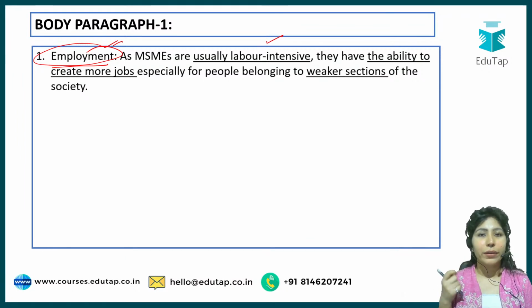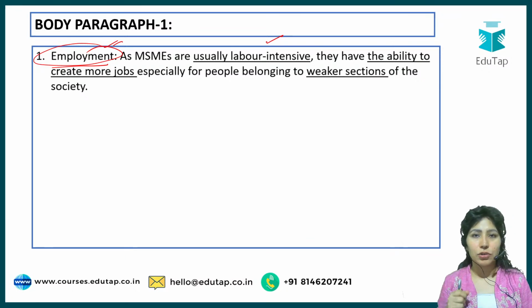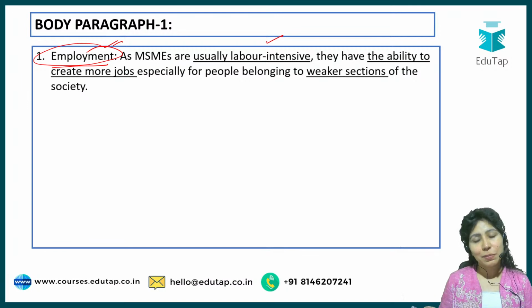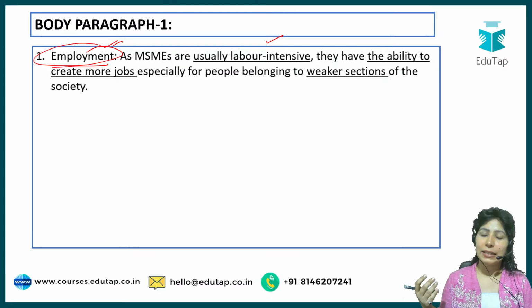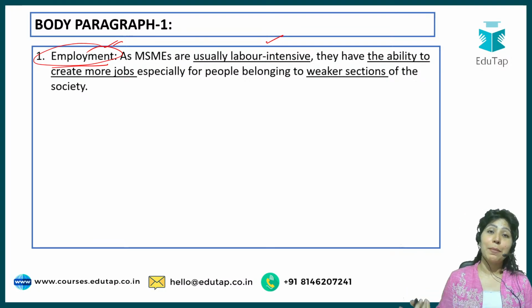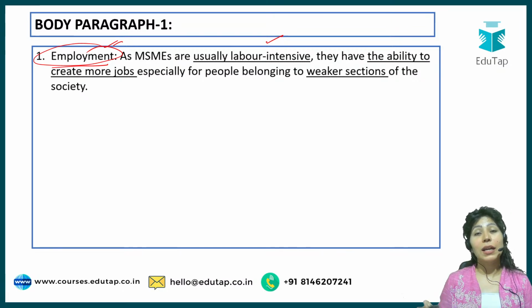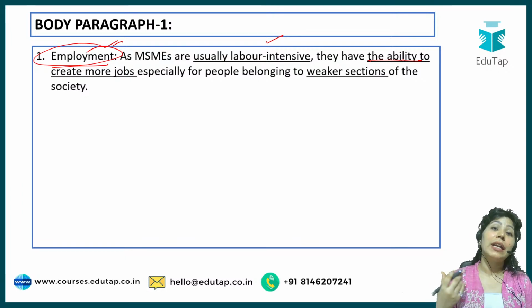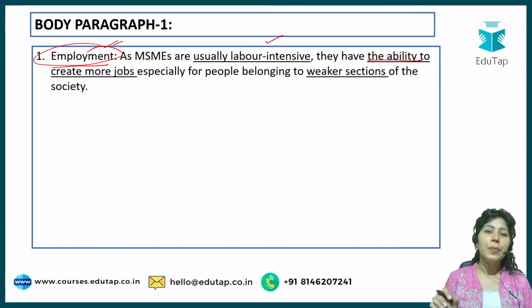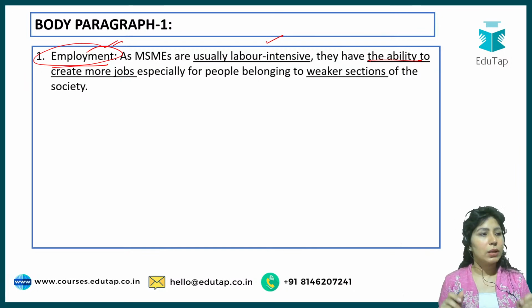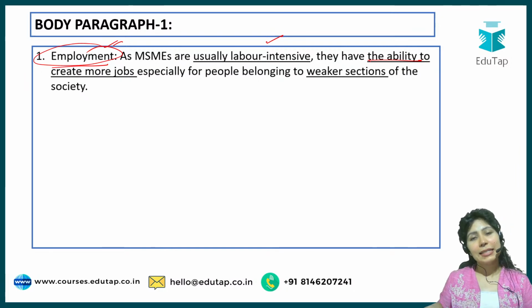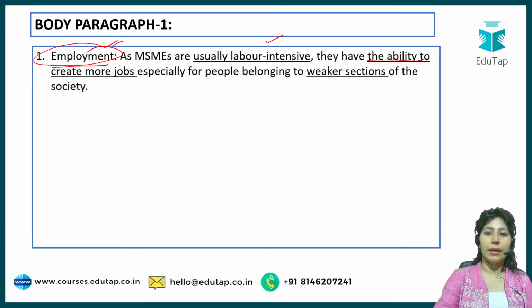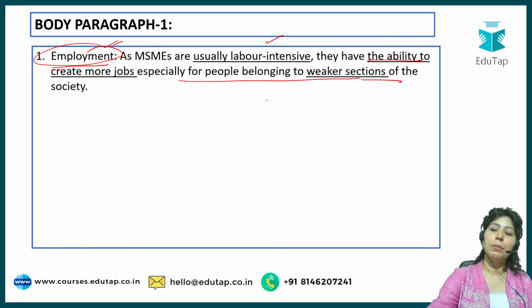For example, embroidery work has to be done, candle making has to be done, some food product is being made that has got some GI tag, let's say. So these are usually labor intensive. So where are these people employed from? Basically, it has the ability to create more jobs. It is labor intensive, and sometimes the skills required are very few. Even if some special skills are required, they're easily available in the local area, especially for people belonging to weaker